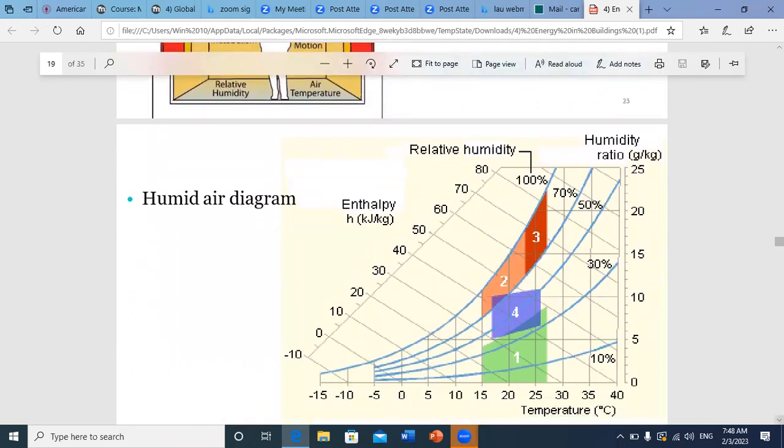Now, we always can define a certain comfort zone. And of course, this zone will depend on persons. If you take a person, let's say from Canada, the sensation of comfort for this person will be completely different than a person from Africa, because they are already familiar with different types of climates. Okay, so this of course will affect